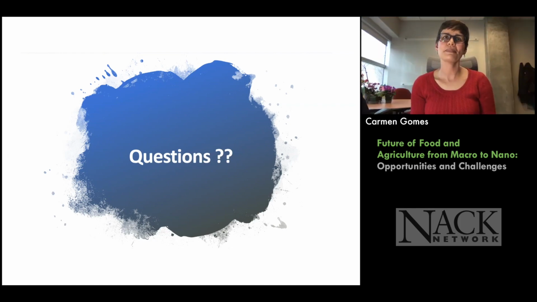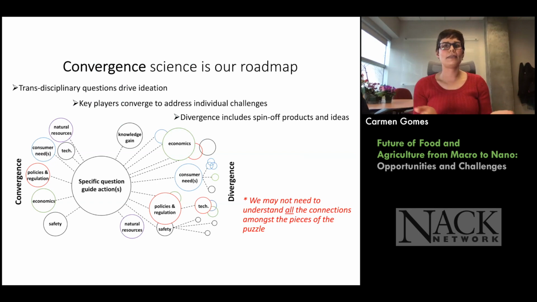Thank you very much. All right, so all that I talked about here is kind of trying to drive the message that convergence of different disciplines is needed to be able to tackle those big questions. And why it is convergence is basically, again, having a transdisciplinary approach to a complex problem, let's say ending food and hunger in the world. And you can see that we have different factors playing. And initially, they converge all together to try to answer this question.